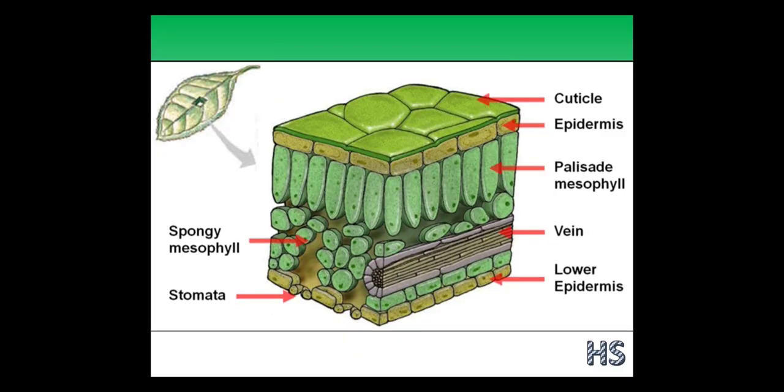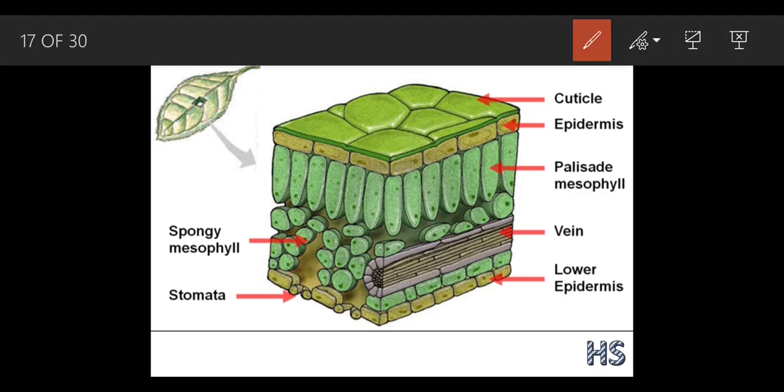now this is a cross section of a leaf. If you see the leaf in a cross way, what are the structures you are going to see? You are going to see the cuticle. Okay, see, there was one word, cuticular transpiration, so I am going to discuss this part also, but later. This is the epidermis layer. Okay, epidermis means the upper layer. This is the palisade mesophyll. This palisade mesophyll helps during photosynthesis, which we are going to cover in the next chapter. Okay, this is the veins.